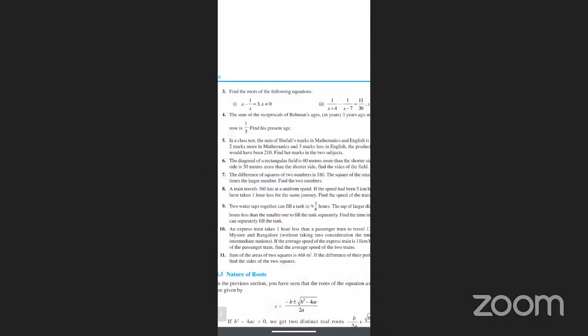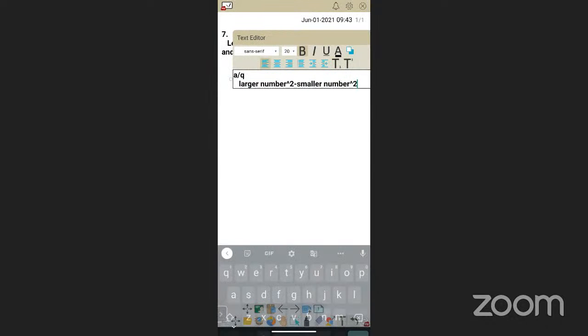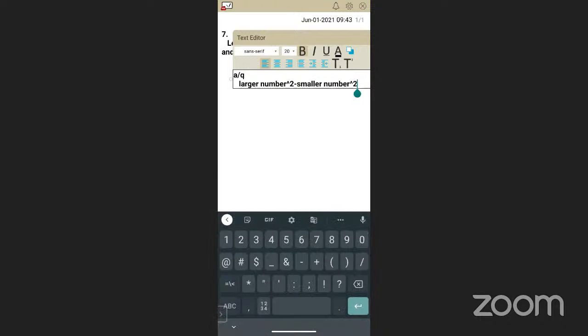The difference of squares of two numbers is 180. Now see, when you have to take the difference of two numbers, there is a larger and a smaller one. From the larger number, you have to minus the smaller one, right? So you have to find the larger number's square minus the smaller number's square, equals to